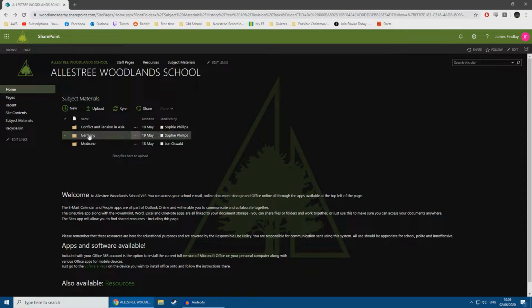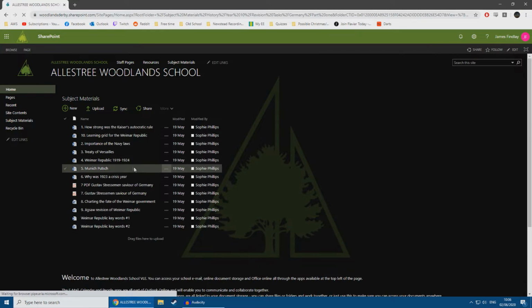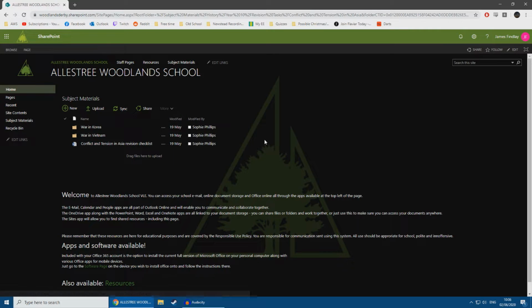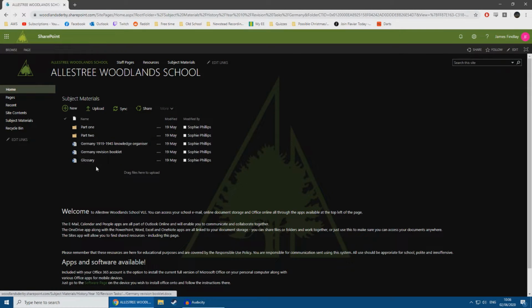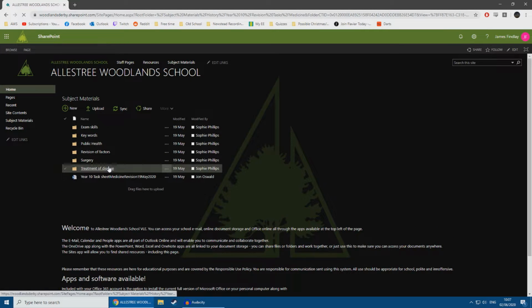Each of these folders has lots of different subfolders and lots of different things that you can be doing. There are worksheets, there are PDFs, there's all sorts. Each one is pretty self-explanatory. I'm not going to go through each one and tell you what to do for each task. That would take far too long and is essentially a waste of your time. What you should do is pop into each of the folders and see what you can do and what you think would be important.